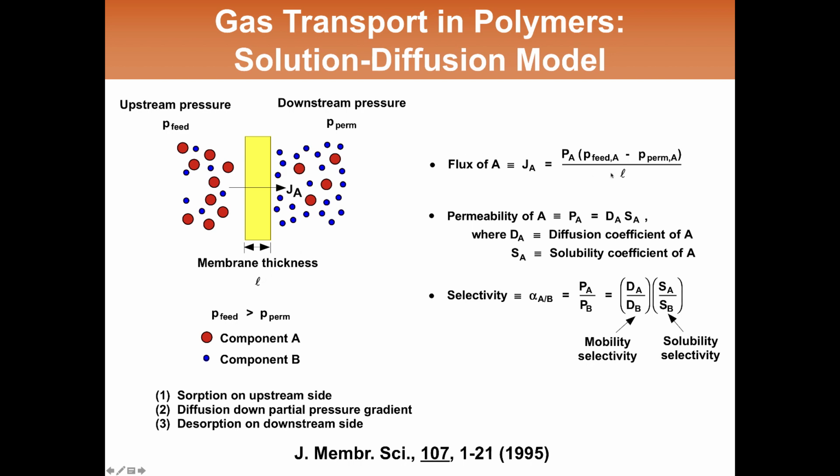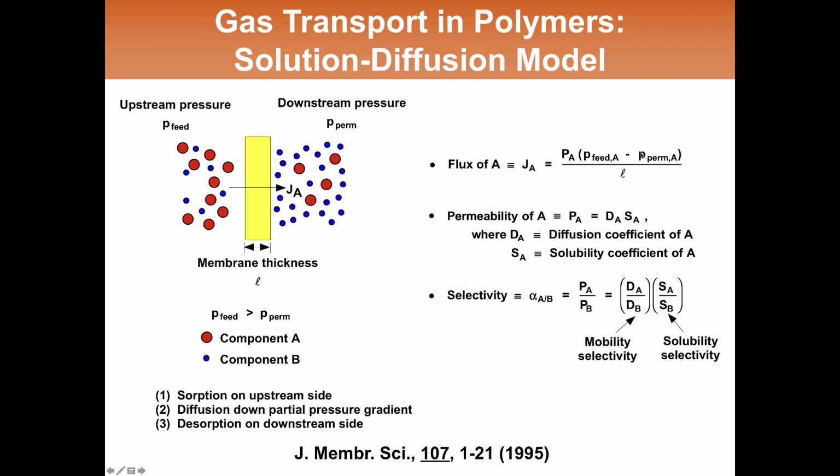That is, the flux goes up as the thickness goes down, and so today modern desalination membranes are of the order of 50 nanometers thick, and modern gas separation membranes will be on the order of 50 to 100 nanometers thick, because the thinner you make the membrane, the higher is the flux for a given permeability and a